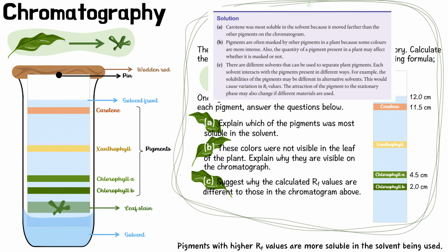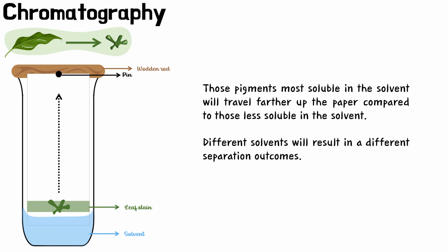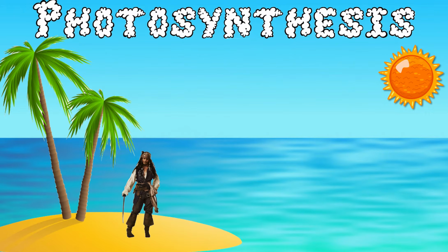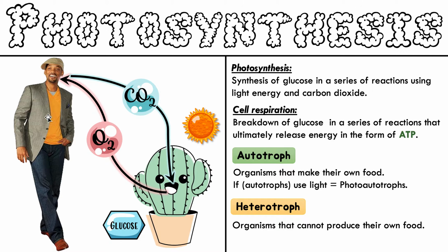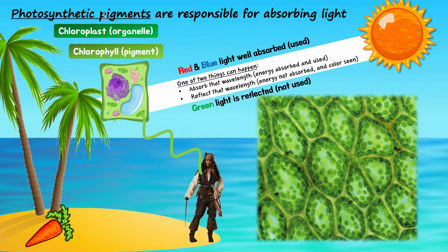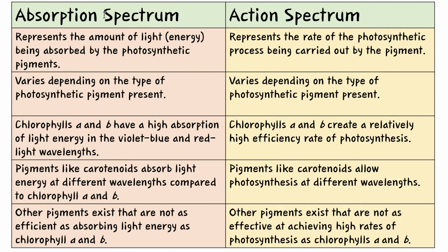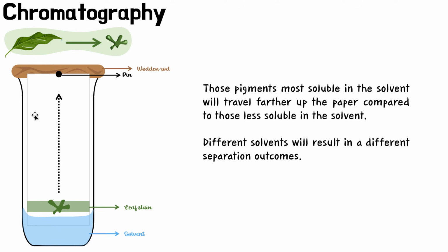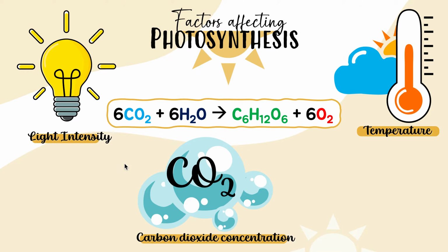I know this chromatography thing is not that interesting to you guys, but it's very important. It's super interesting what it can do. We've covered so far, let's recap: what photosynthesis is, why it's so important, the difference between animals and plants with regards to photosynthesis and cell respiration. You need to know what autotroph and heterotroph is. You need to know the idea of light, the absorption spectrum, these photosynthetic pigments, the action spectrum, the differences between them. You need to know what chromatography's use is with regards to these photosynthetic pigments. And then now we're going to move to the easier parts. You need to know what factors affect photosynthesis. Okay, awesome.